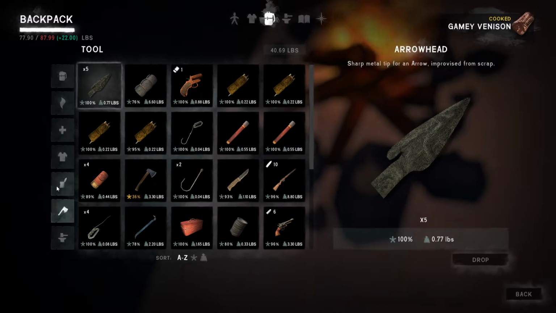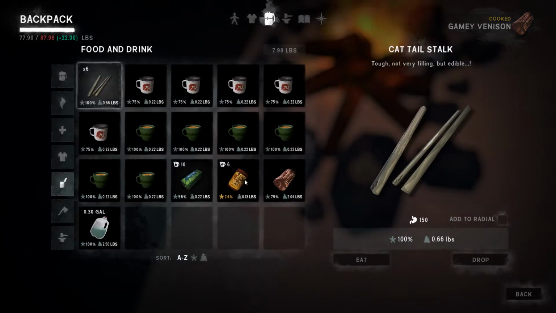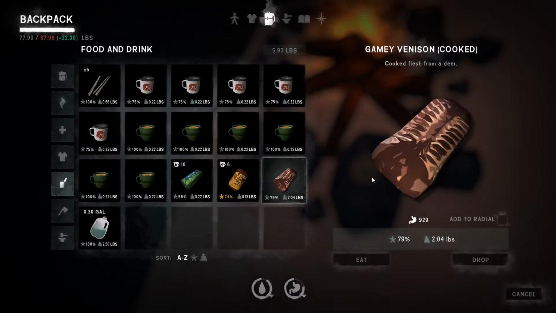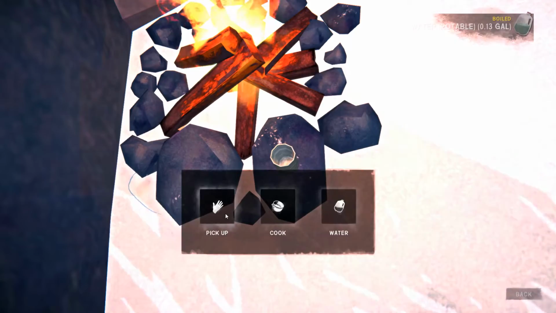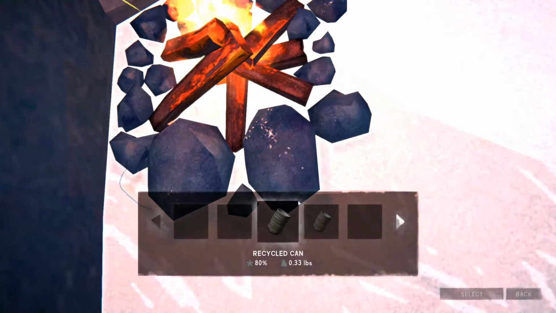Let's take that. How am I doing calorie-wise? I could go ahead and eat the meat, I suppose. It's 929 calories. That way I'm not carrying around 2 extra pounds that I don't have to absolutely carry. Let's pick that up. Got 0.43 gallons. I suppose I will...